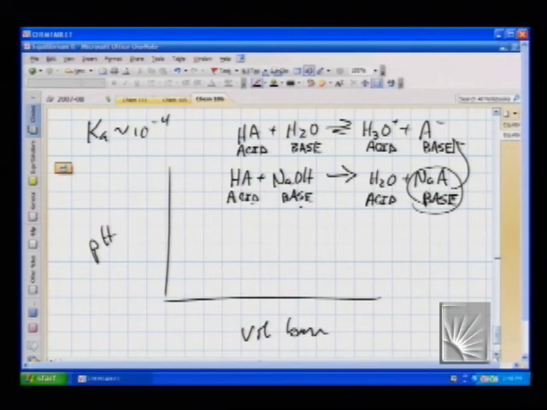Whatever the anion is will be a base. And when you combine it with sodium, it falls apart into its ions, and so you get sodium ions, which we don't care about, and we get A minus ions, which we do care about. So when you add base to this, you're going to be increasing this concentration and decreasing this concentration. And so when you're at the equivalence point,